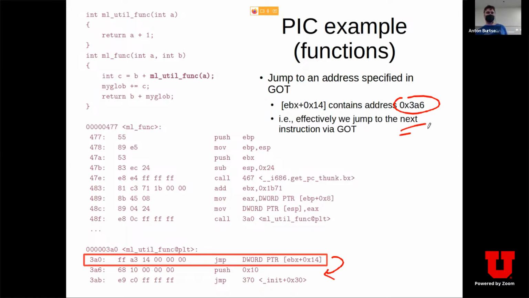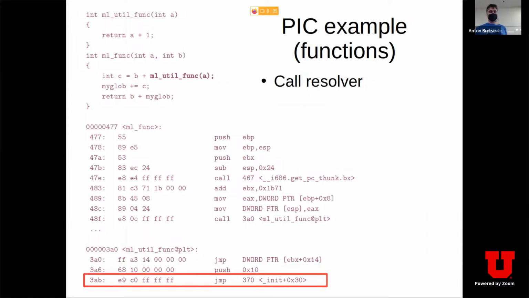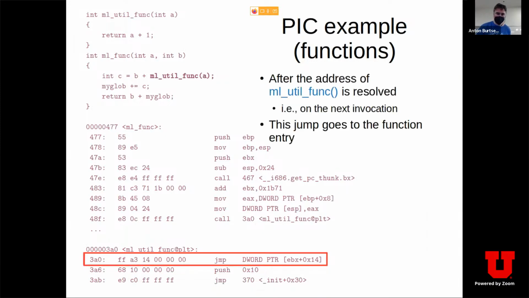Because this is why I mentioned it here, that this is exactly how it's configured. So it just falls through to the next instruction. We prepare arguments for the resolver, saying like, okay, x10 is the argument we want, is the function name we want to resolve. It's entry 16, right? We jump to this resolver. Resolver essentially returns, patches the entry, and